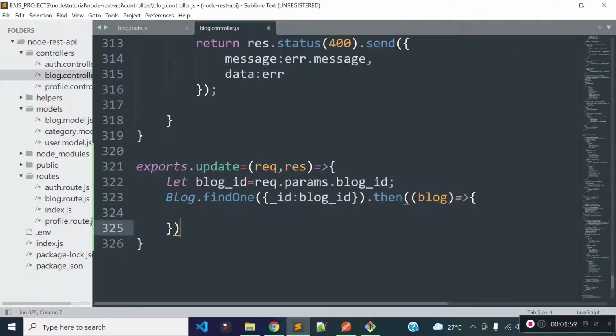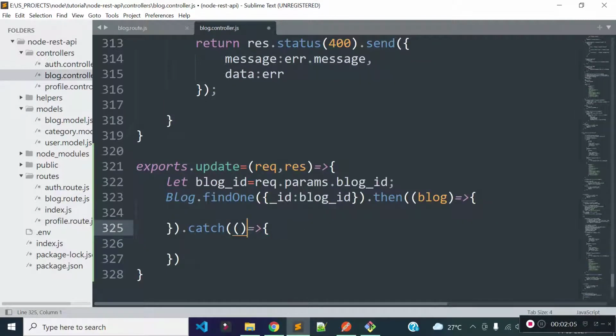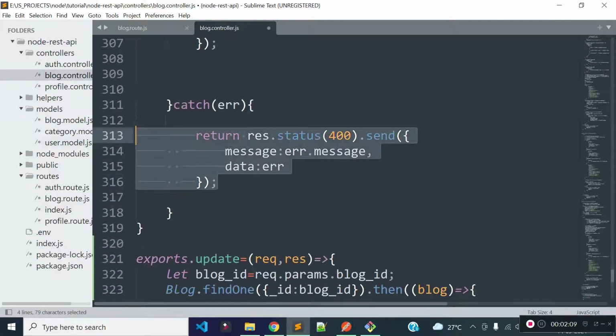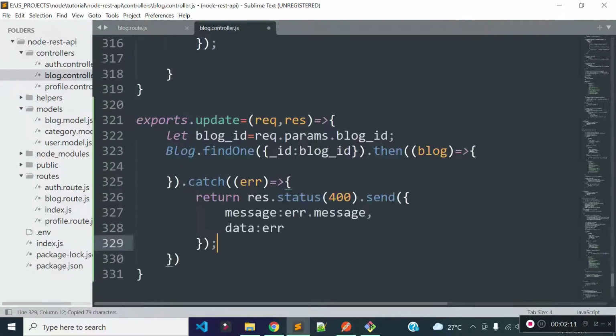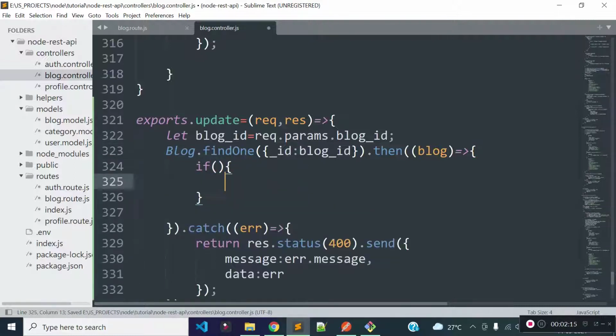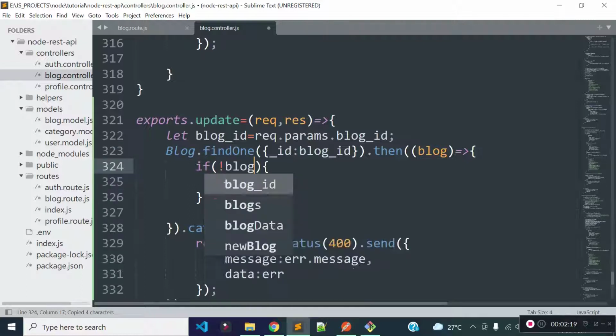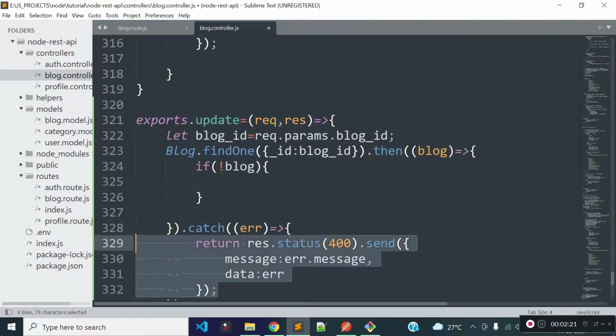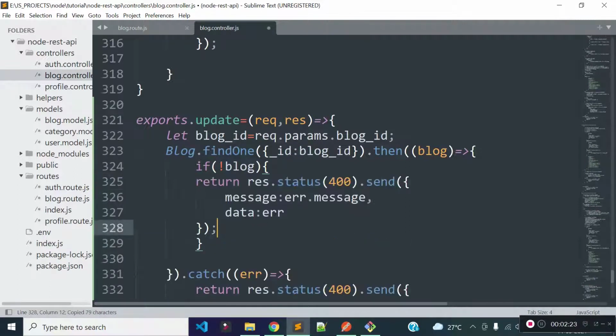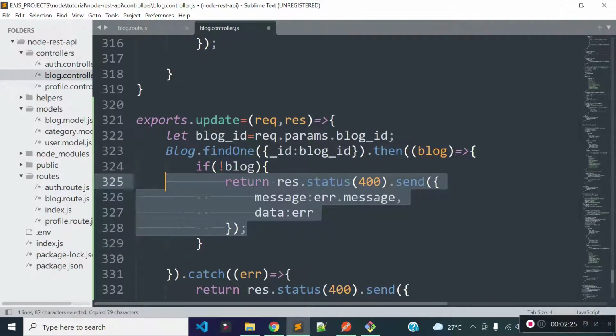and if any error occurs then it will return us errors to this catch block, and if any error occurs then I will return a JSON response with the error data, and inside this callback method I will check if no blog found, then I will return a JSON response with message no blog found,